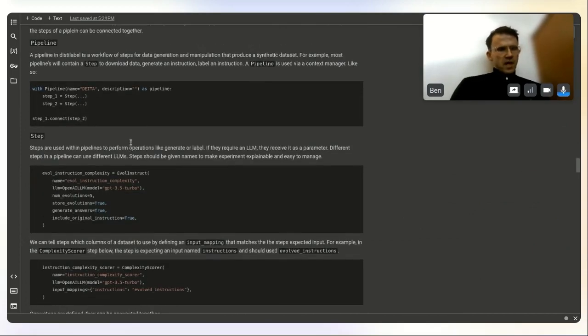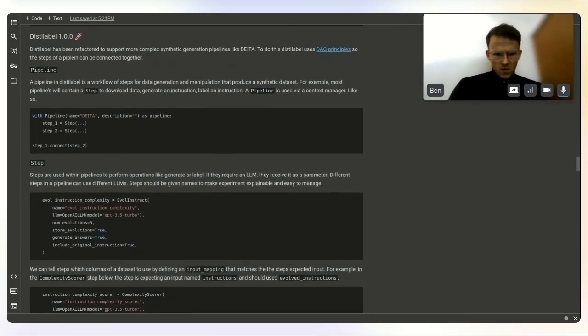So the refactor of distilabel 1.0 brings in DAG principles, right? DAG principles, if you're not familiar, you can look those up in the link here. But basically,